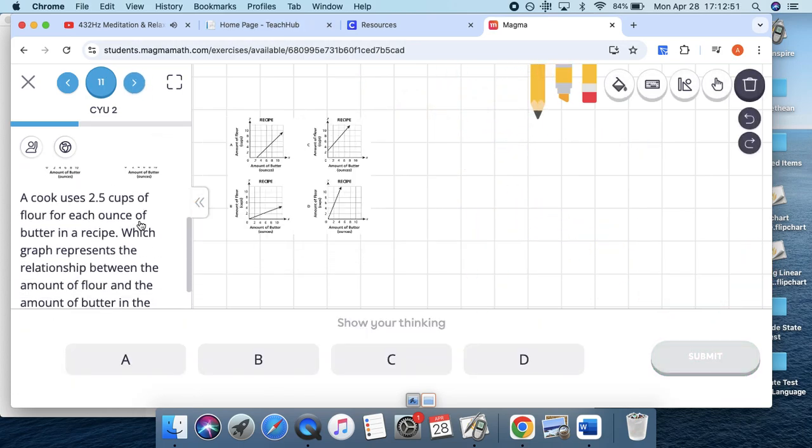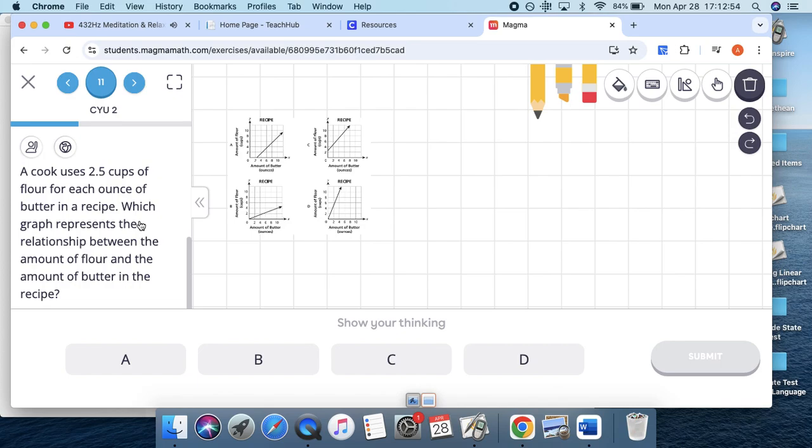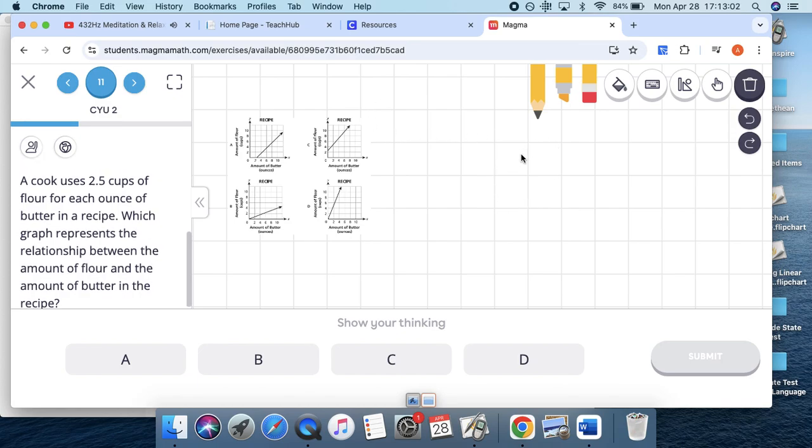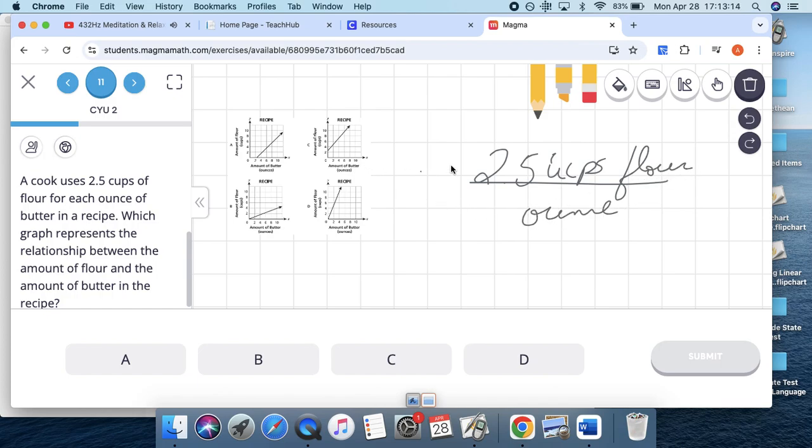What does this say? A cook uses 2.5 cups of flour for each ounce of butter in the recipe. Which graph represents the relationship between the amount of flour and the amount of butter? Okay, so it says that he uses 2.5 cups of flour per ounce. All right, so we got to look at the graph. 2.5